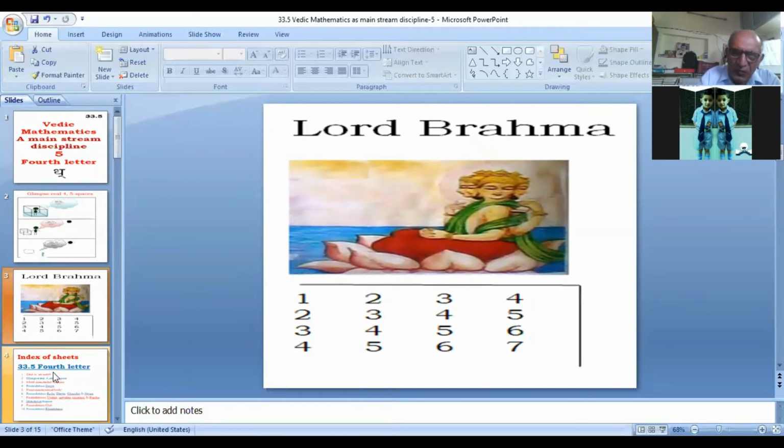It will be 4, 5, 6, and 7. It is this format which deserves to be comprehended well to have an appreciation of the fourth letter having a TC value 7. It is this initial feature of the fourth letter which deserves to be